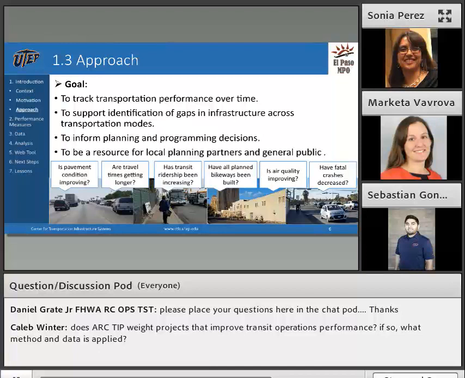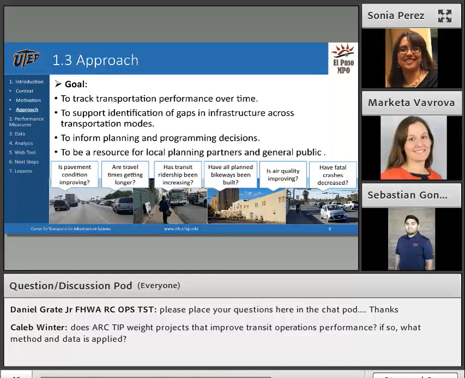In more detail, this tool was developed based on these 4 goals: to track transportation performance over time, to support identification of gaps in infrastructure across transportation modes, to inform planning and programming decisions, and to be a resource for local planning partners and the general public.